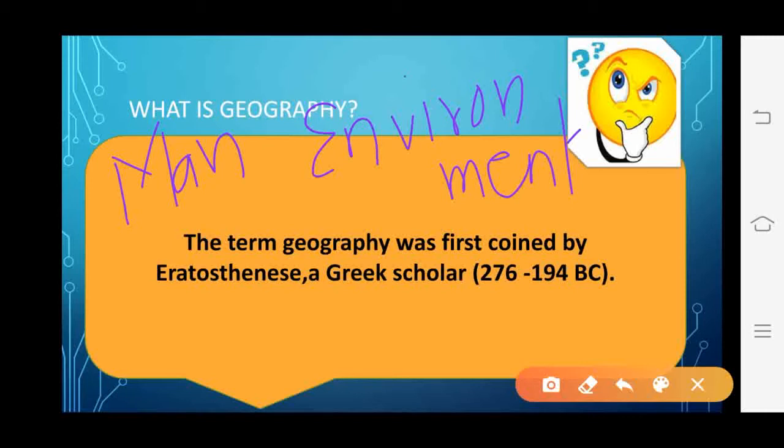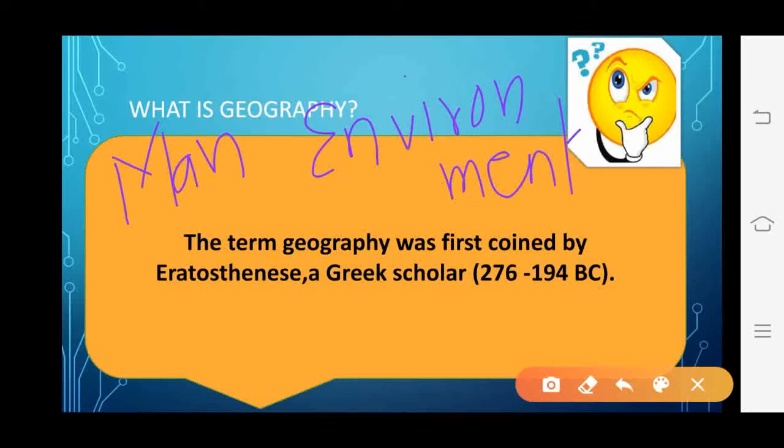ठीक है, फॉर एग्जाम्पल, जैसे फिजिकल फीचर्स ले लीजिए, for example land, soil, water, these are all physical features. Okay, now how do human beings convert these physical features? We have utilized the plains, the waters for our needs, and we have created what? Roads, railways, cities, ports, market, etc. Okay, so remember, it is not only the study of features.